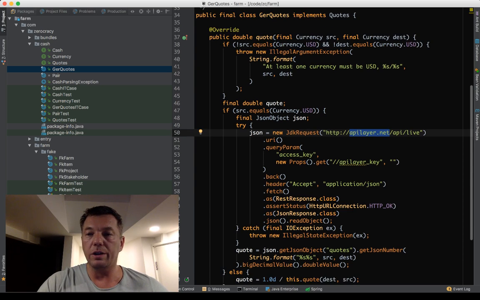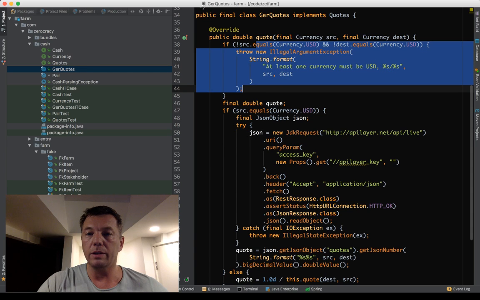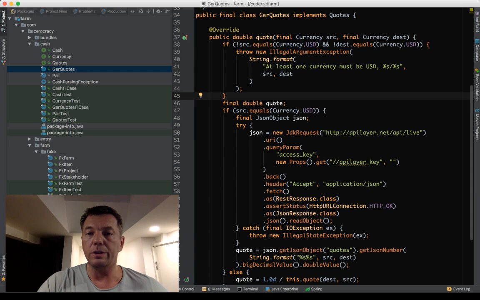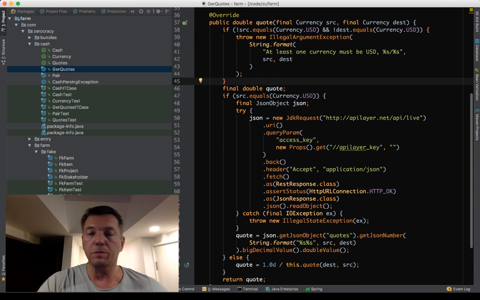Two currencies come in. We check that it's not the same currency, and we are saying at least one currency must be US dollars.